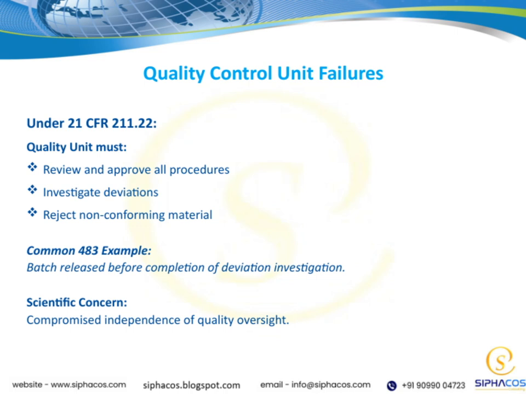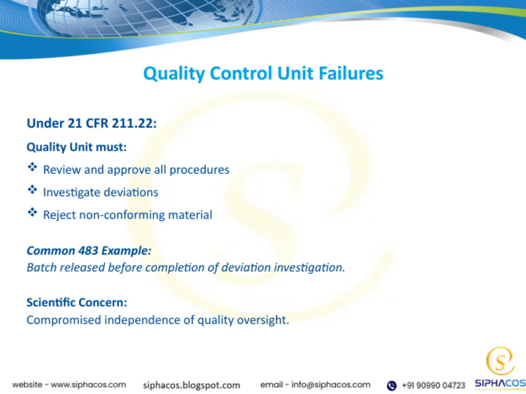A typical example we see on Form 483 reports is when a batch is released before completing the investigation of a deviation. This is a serious lapse because it means products are leaving the facility without proper oversight. From a scientific perspective, this kind of failure raises concerns about the independence of quality oversight. When the quality unit's independence is compromised, it can lead to overlooked risks and ultimately impact product integrity and patient safety. So, maintaining strict adherence to these responsibilities is essential to ensure the integrity of the quality system and uphold